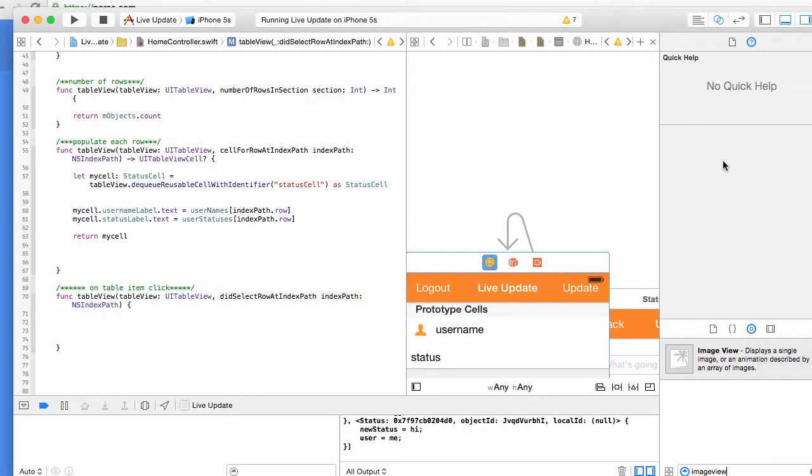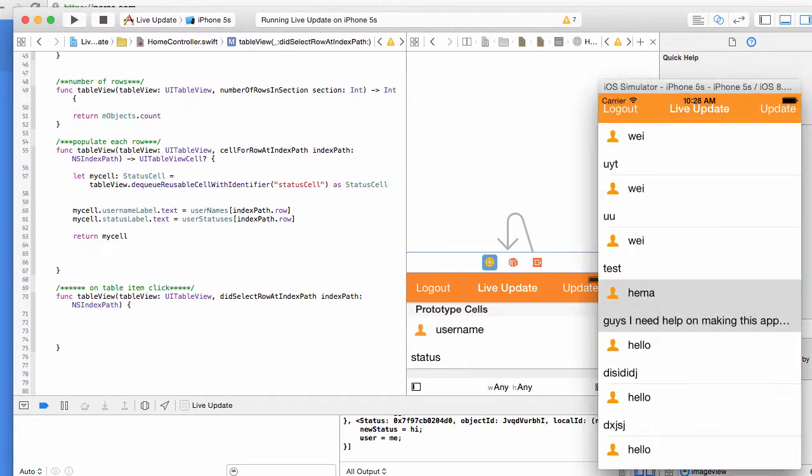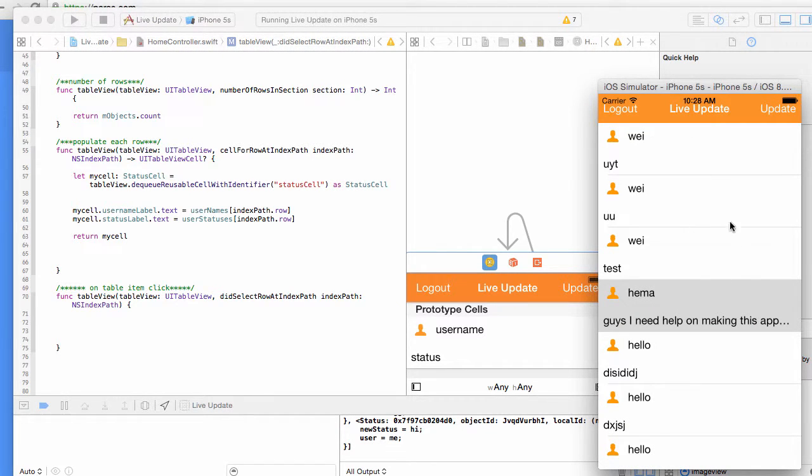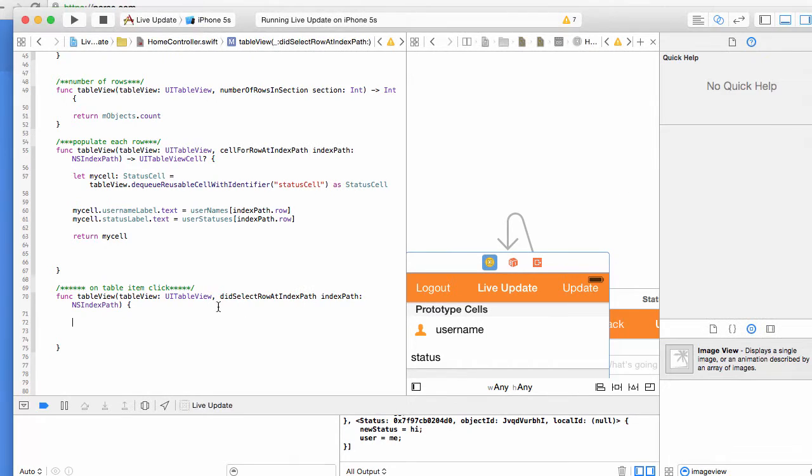Hey guys, welcome back. In this video we're going to see how to transfer data from one view controller to the next. For example, as you can see this text right here, "I need help on making this app," it's truncated. There's more detail to it. So if I want to click it and be able to view the whole text, to start, we're going to create the